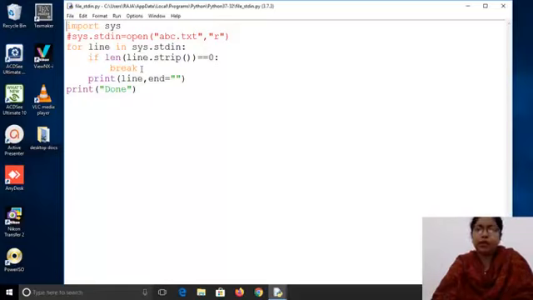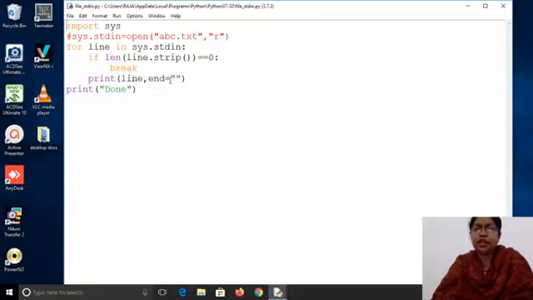Now say you are printing a file. What will you do? You do it using the print function. For line in stdin, since stdin is the file object here and it is defined in the sys module, we have to use for line in sys.stdin. For line in sys.stdin, we are printing the line.